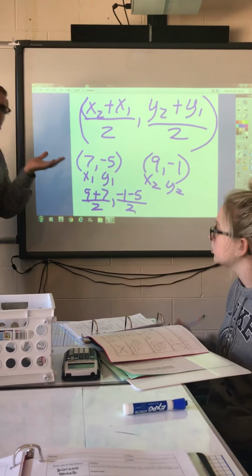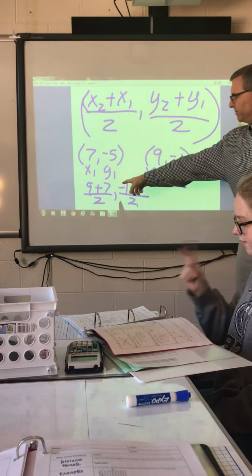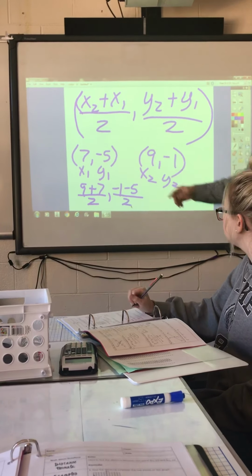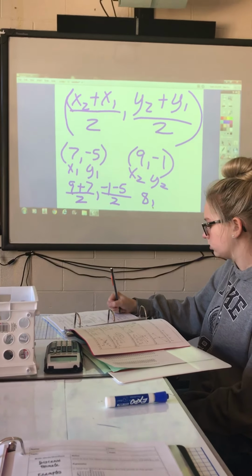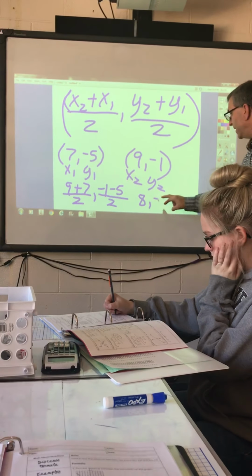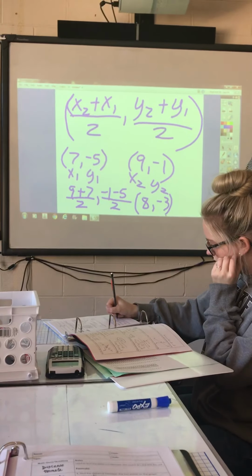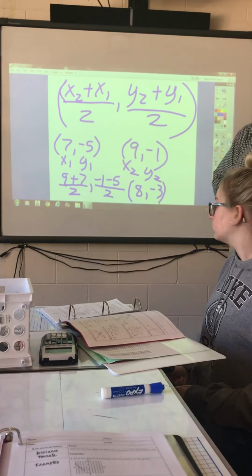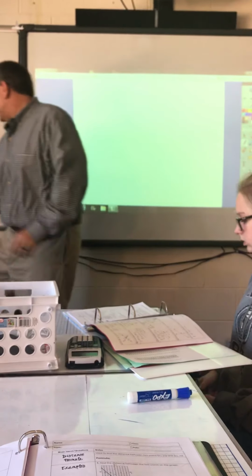Now this is midpoint, so you're going to see an x and a y. So I have 9 plus 7, 16. 16 divided by 2, 8. That's my x value. Negative 1 minus 5, negative 6, divided by 2, negative 3. That is my midpoint between these 2 points. Any questions? Now let's take a look at the second one of your classwork, which is